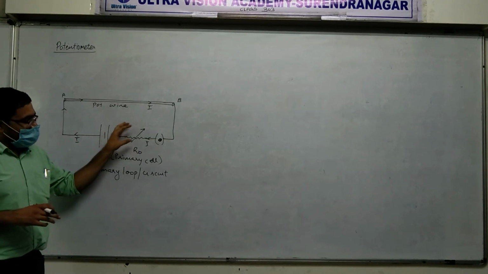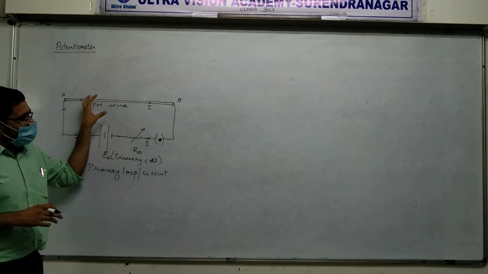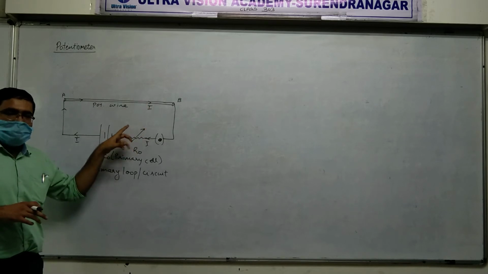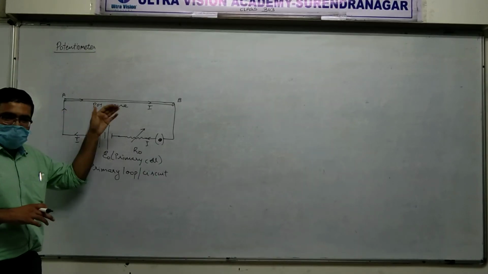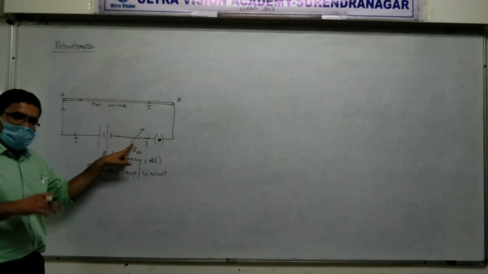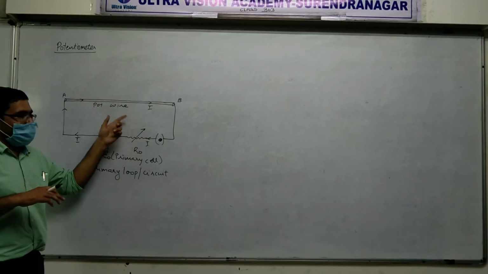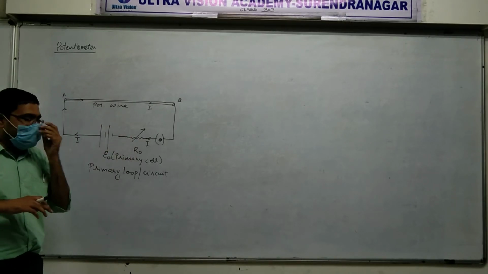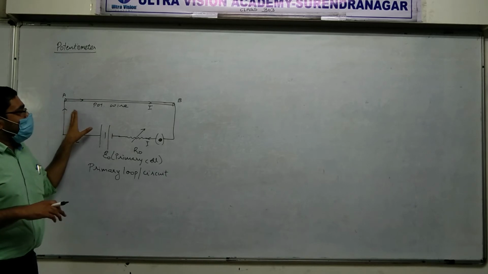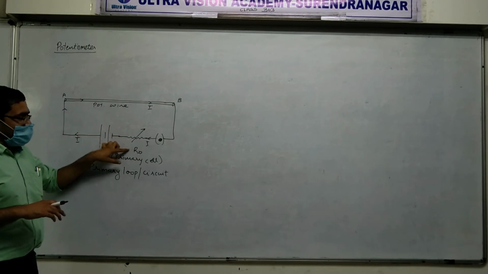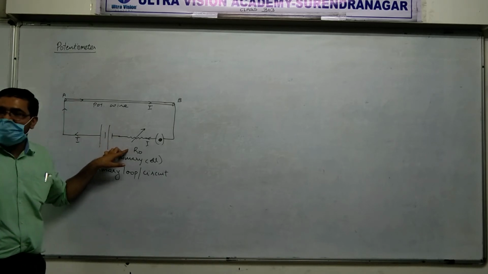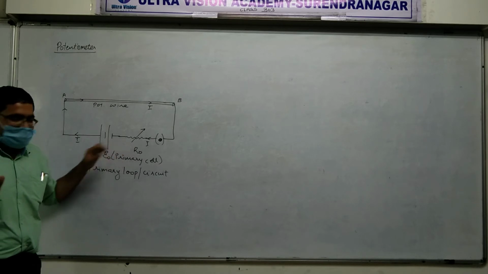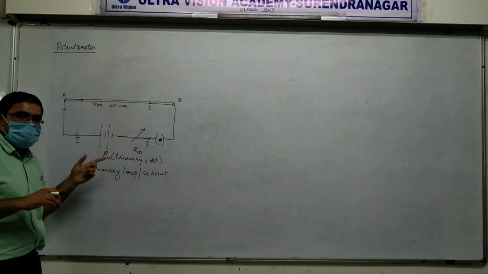Right? So this is primarily just to control the current. In some usages, we need more current, then we will make this small. If you need less current to flow, you make this high. So you don't change this while you are doing the experiment. That's the thing, right? Although it is a variable, you don't change this.